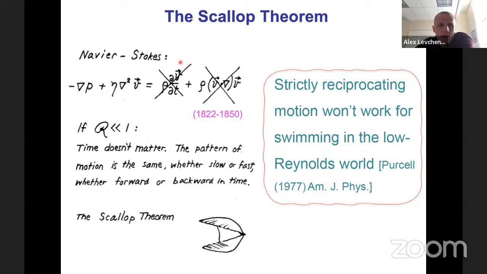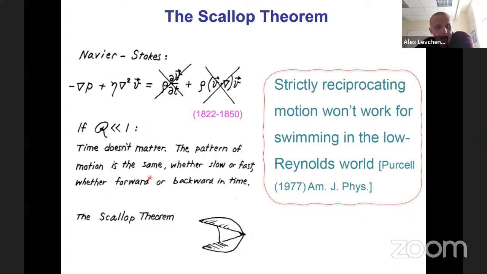He talks about life at extremely low Reynolds numbers, when in the Navier-Stokes equation, that is just a Newtonian equation of motion for the fluid. If we have an extremely viscous regime, the inertia term is not relevant. The convective term, which is non-linear in velocity, is also not relevant. Everything is governed by the high viscosity.